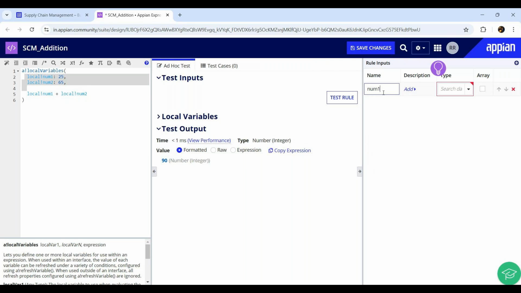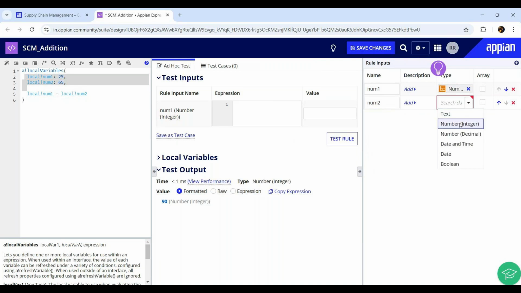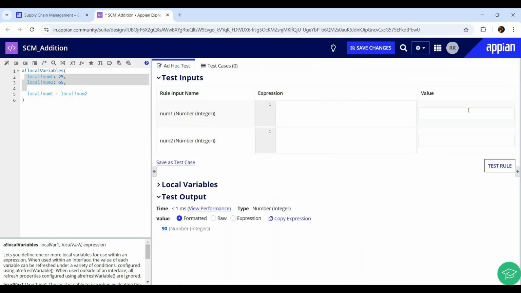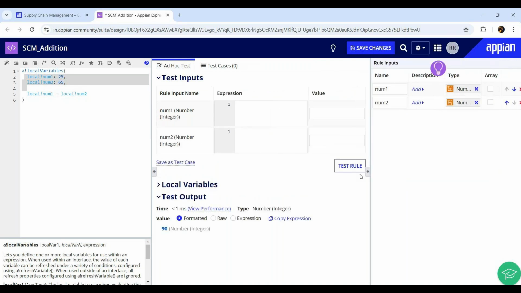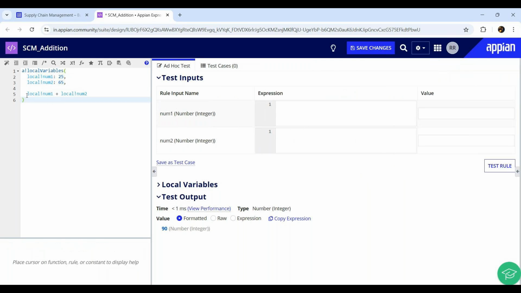Now, what is the difference between rule input and local variable? For a local variable you do not have to declare the type of the value. Here you have to select it. So num1 is going to be of type number integer. I'll add one more variable, num2, and it is going to be number integer as well. So I created two rule inputs, num1 and num2, and you can see those rule inputs are also available here. Now instead of using the local variable plus,